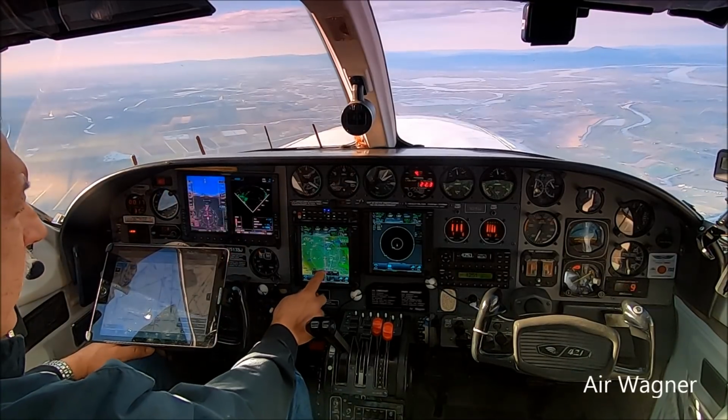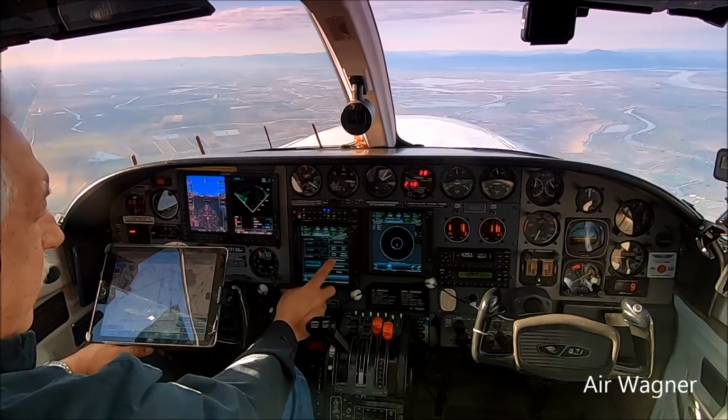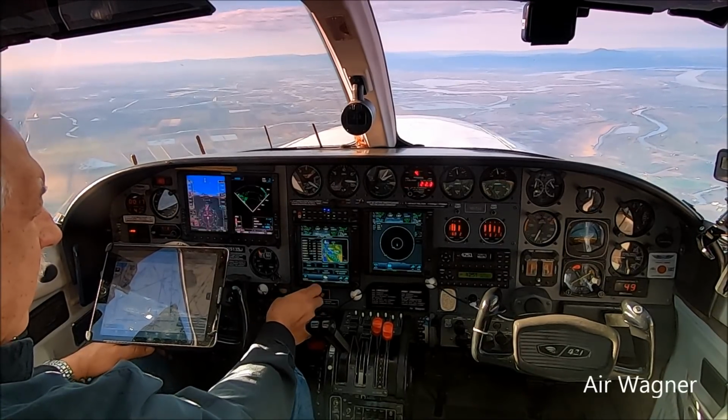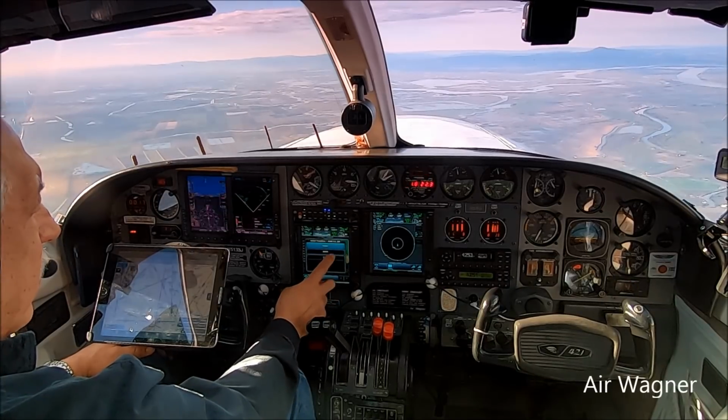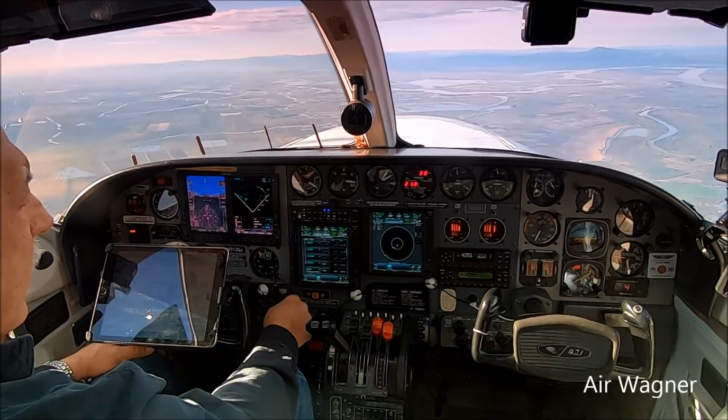We're going to go into the GN 750. We're going to select the procedure. They said they're using the ILS, so we're going to use the ILS for 28 right. If we want vectors, we'll just put in BBUP because it's on this side. We're going to load the approach. Now, what else I'm going to do